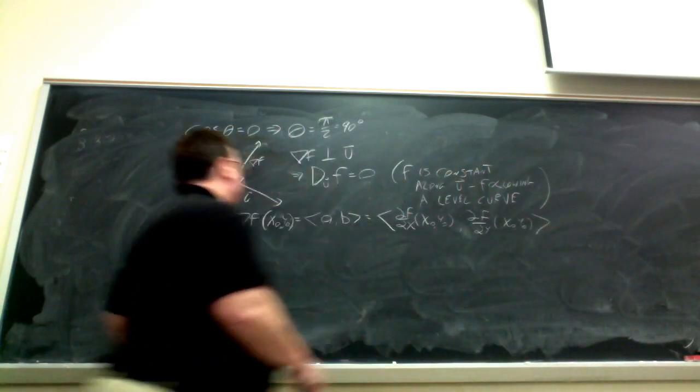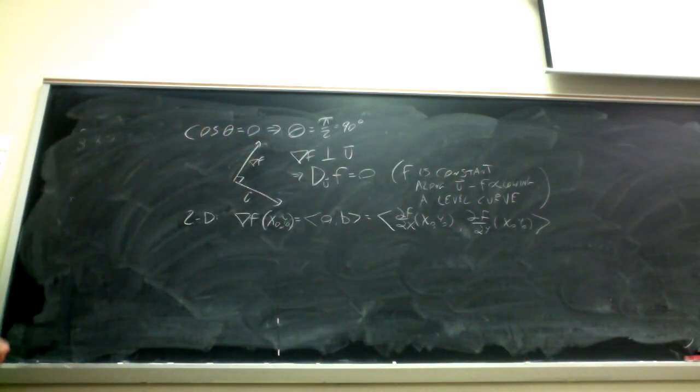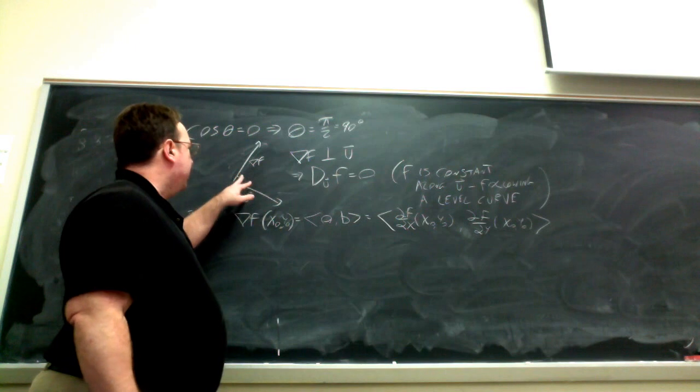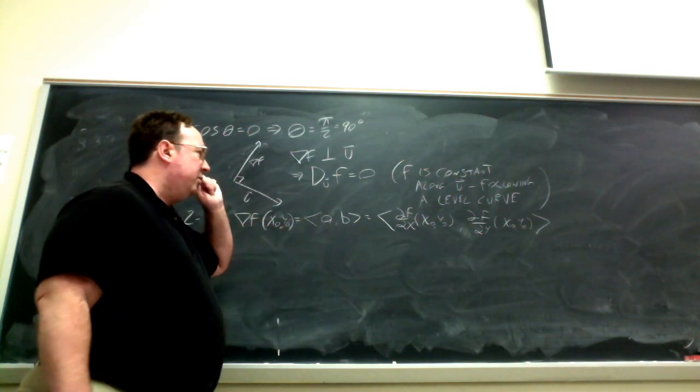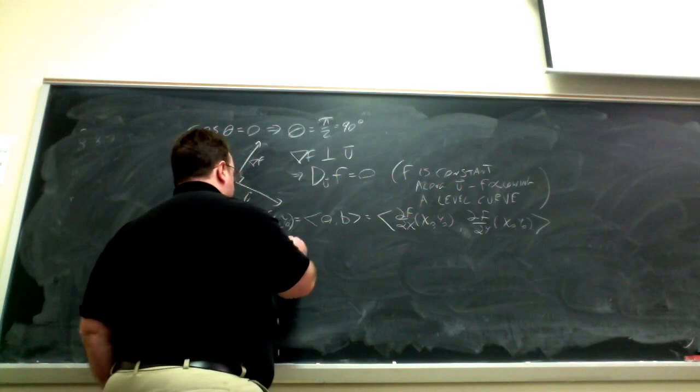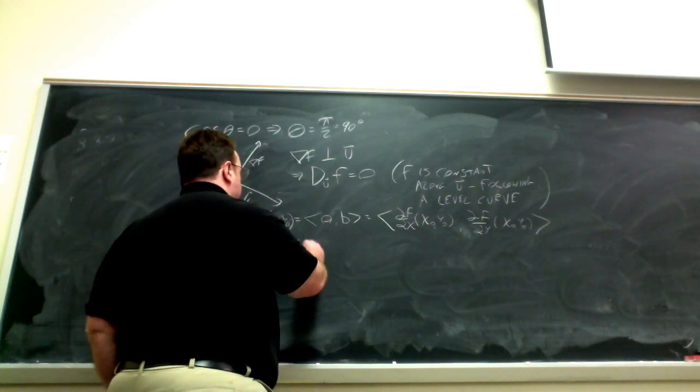So what would be the direction that would be perpendicular to a vector a, b? In 2 dimensions, it's particularly easy to get. So u would be,